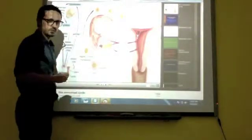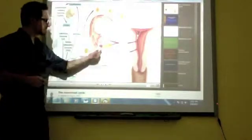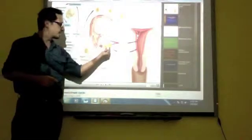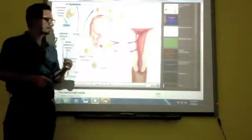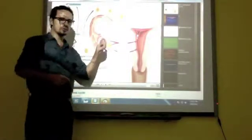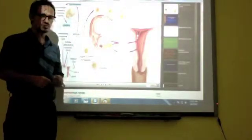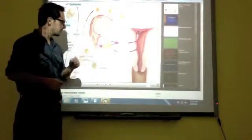from the follicle. What remains of the follicle, as you can see here, is a yellow body, and that yellow body is called the corpus luteum. That corpus luteum acts as a gland producing progesterone, and that progesterone